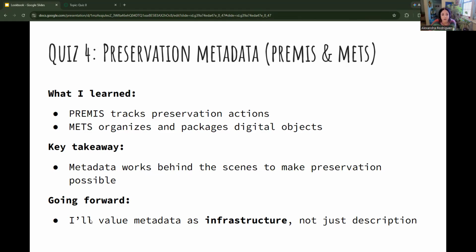So I started thinking about these systems as what's going on behind the scenes when a file is preserved. For example, if a digital photo is stored in a repository, PREMIS would track things like when the file was created, if it migrated to a new format, or if any changes were made over time. Then METS would act like the container that organizes the photo along with all of the metadata